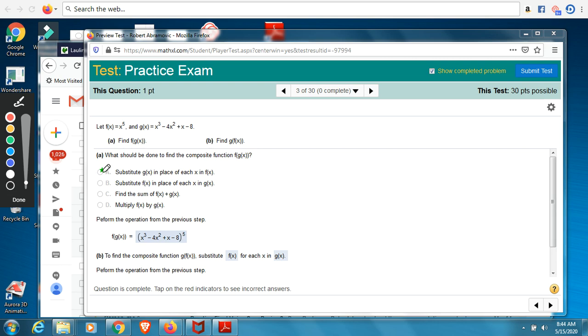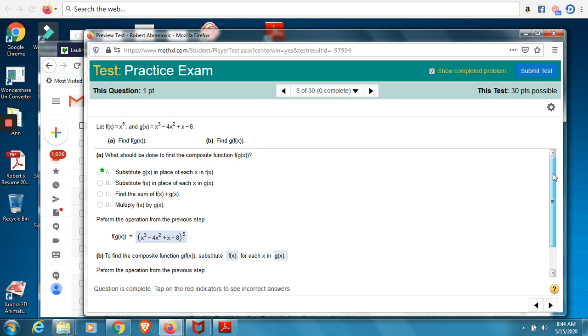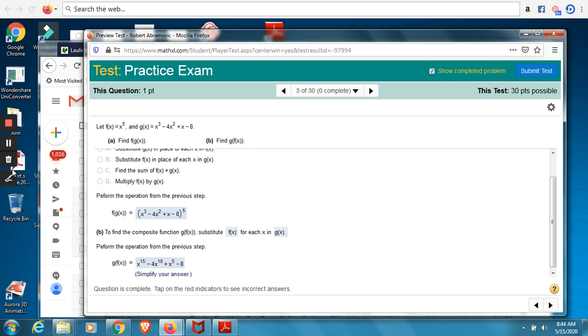So let's see what happens. If g is now taking f as an input, well, we can plug in the input, raise it to the third power, subtract 4 times the input, raise it to the second power, add the input to the fifth power, and subtract 8. So when we perform this operation,